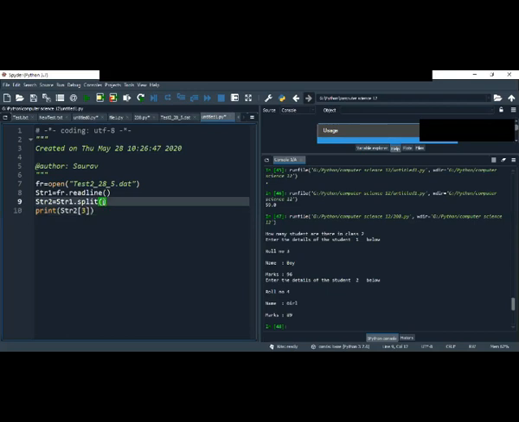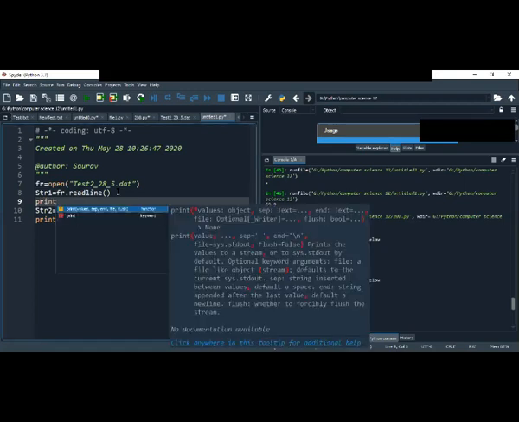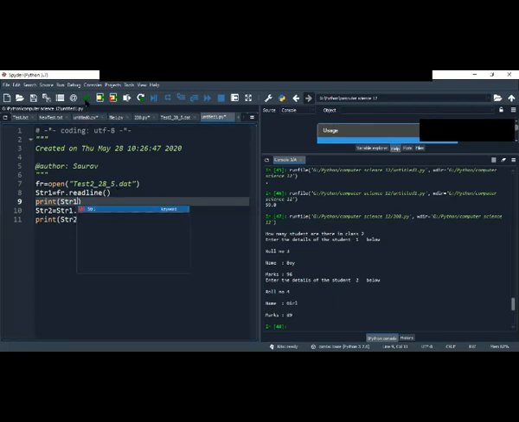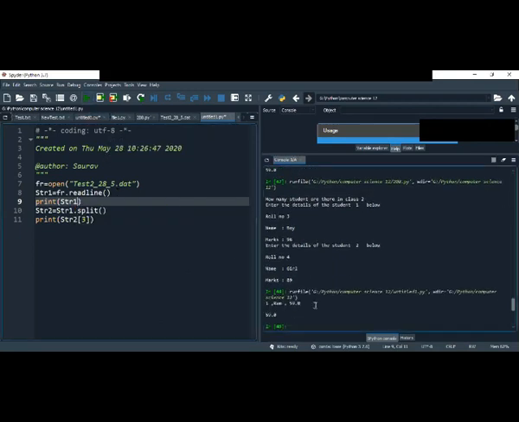Here we are splitting on the comma. The first two were with a comma, and the last was with a space. And when I printed that read line, just now once again I am showing you, print str1. So can you see the comma is also there? 1 comma ram space comma 59 comma.